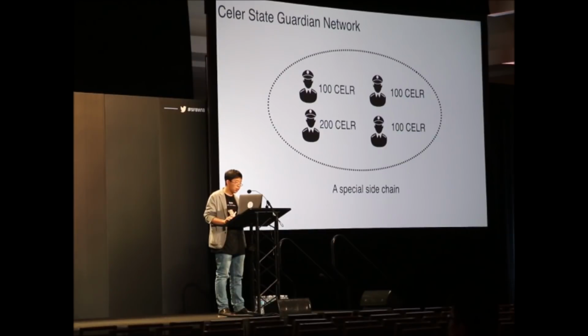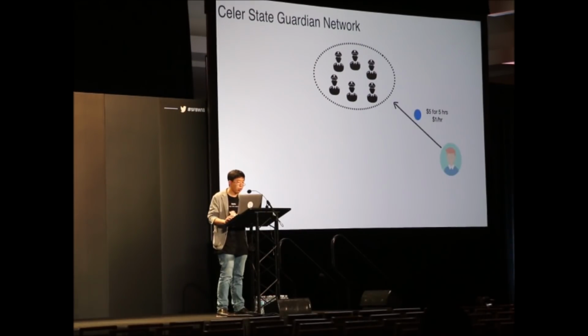What the State Guardian Network is doing here is a special kind of sidechain. And you stake Celer token into this sidechain and become a state guardian. Now, when you're going offline, or as an IoT device trying to periodically checkpoint the states, you will just submit your state to the sidechain along with the payment. It's basically, let's say Bob is paying the state guardian network $5 for 5 hours,